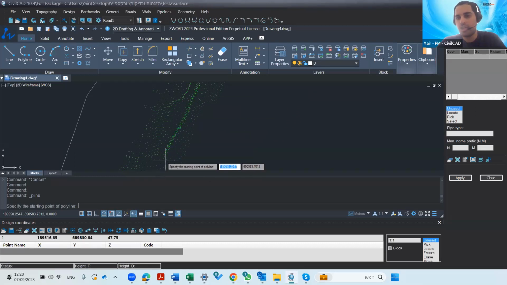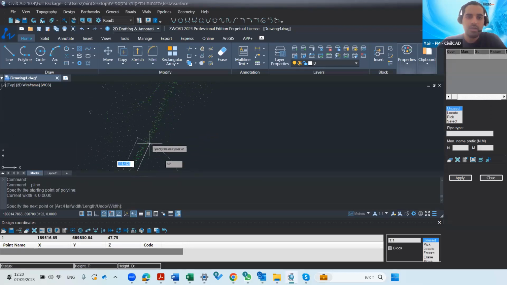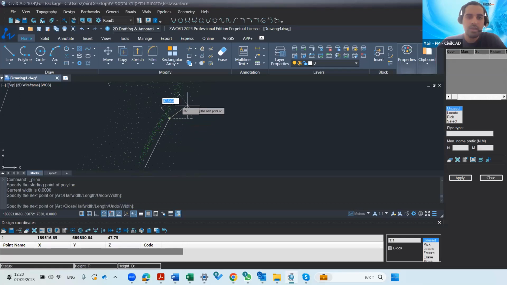Of course, I can reverse direction, but it's important to know that the direction of the polyline is by default the direction of flow. So I will click here, create a polyline,